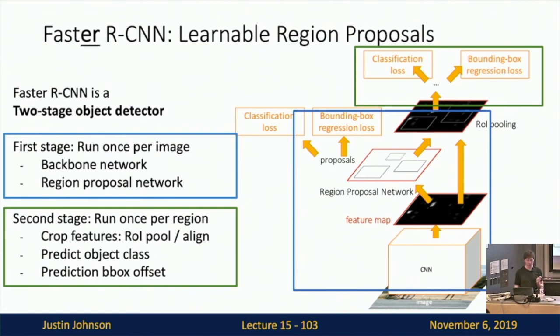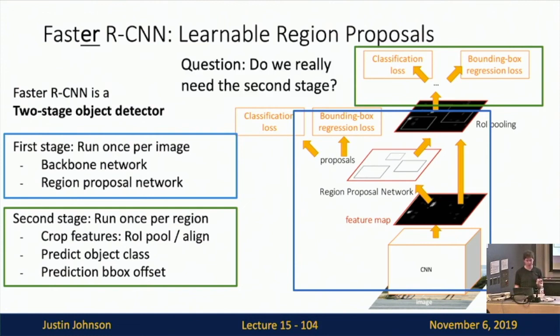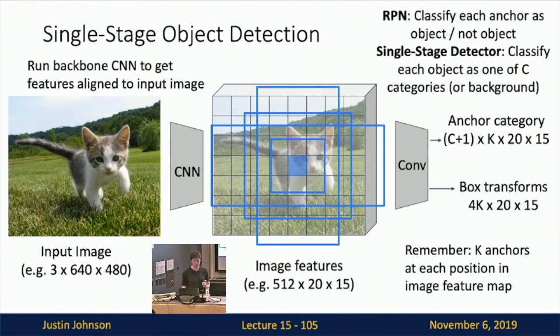But then there's a question here, which is, do we really need the second stage? It seems like we could actually get away with using just the first stage and just ask this first stage to do everything. That would simplify the system a little bit and make it even faster because we wouldn't have to run these separate computations per region that we want to work on. So then basically this works, and there are methods for object detection called single-stage object detection,